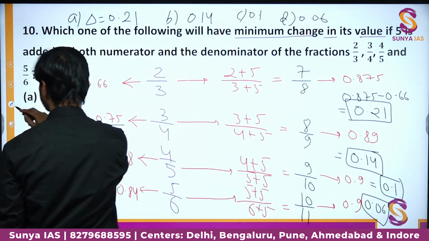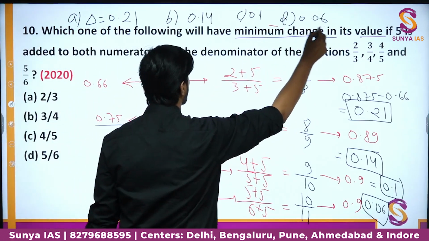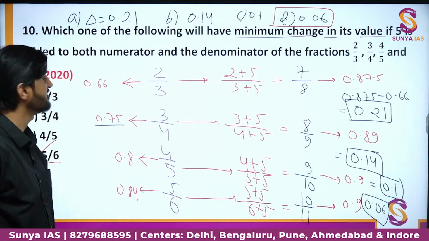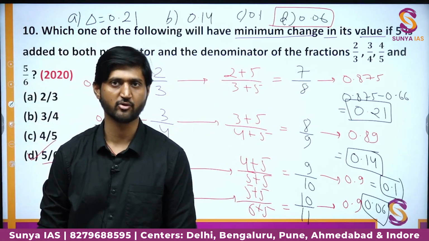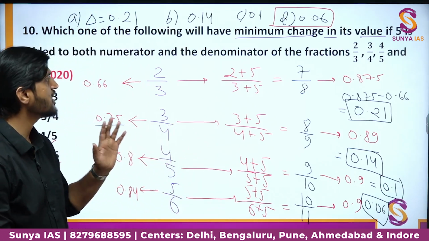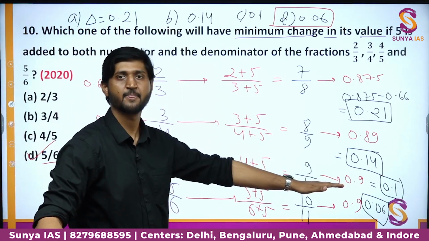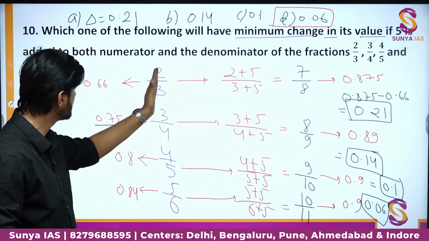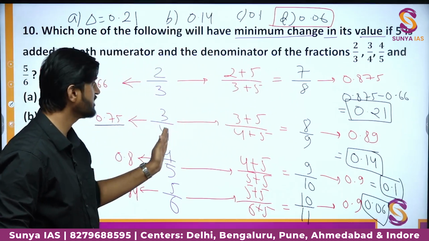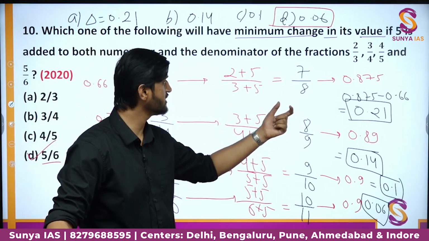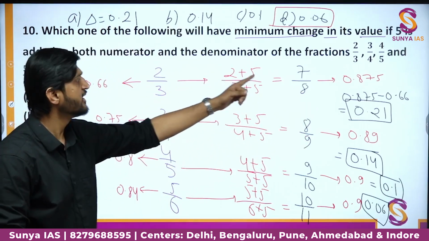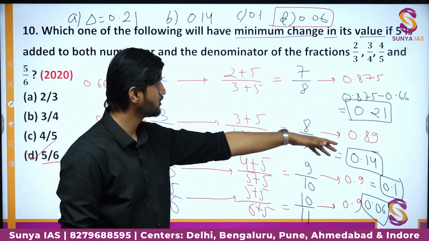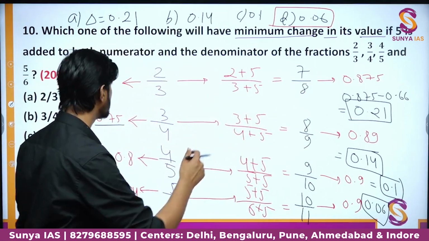So, in all the fractions above, the minimum change is obtained in this particular fraction, that is option number D, 5 by 6, which will be the correct option in this particular question. Okay. So, in this question, as you can see, the approach is entirely different. This is nothing difficult of a question, you must know how to play. You must be able to see that this will convert into this, and now you can actually take the subtraction in terms of decimal values, and you can actually subtract in terms of fractions also. The only thing is you will have to check by taking the LCM, making one common denominator.